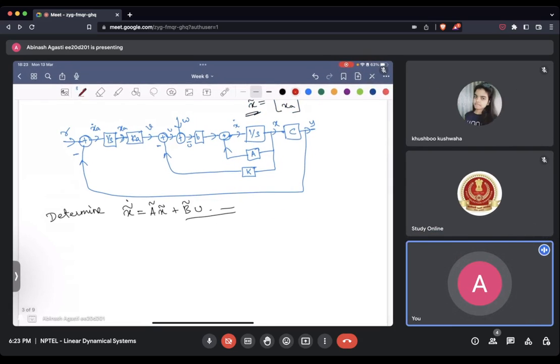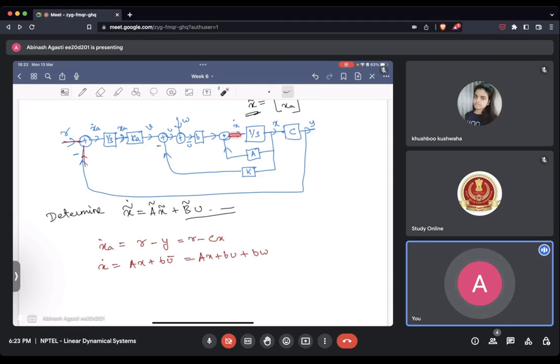First, tell me what is XA dot in terms of the inputs that are coming in. One is the R that is coming in, the reference input that we supply, minus Y, which is R minus CX. And X dot is your standard thing given by AX plus BU bar, which is AX plus BU plus BW, right? Because X dot is AX plus BU bar, where U bar is W plus U. So now